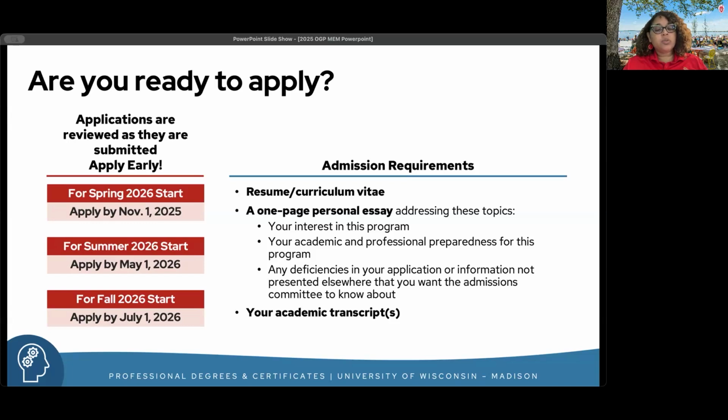It's your chance to talk to the committee about any gaps in your transcript, any low grades, any gaps in your resume, any achievements that you didn't really get to highlight throughout the rest of your application.